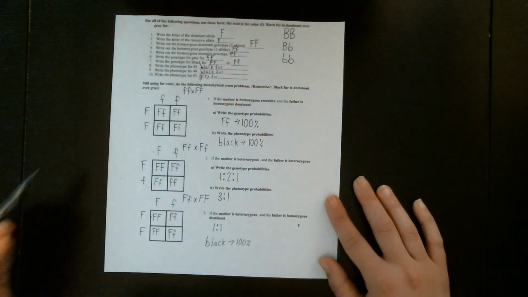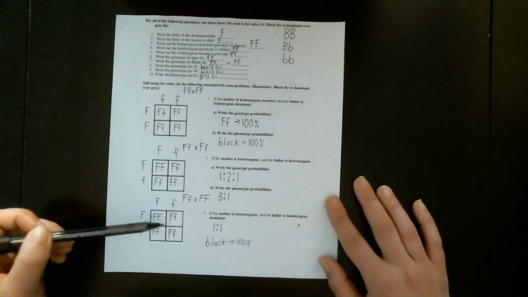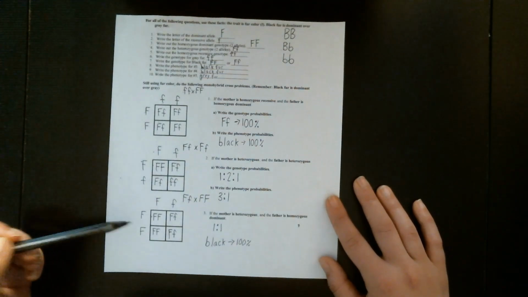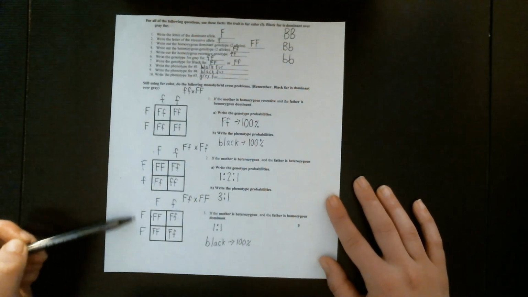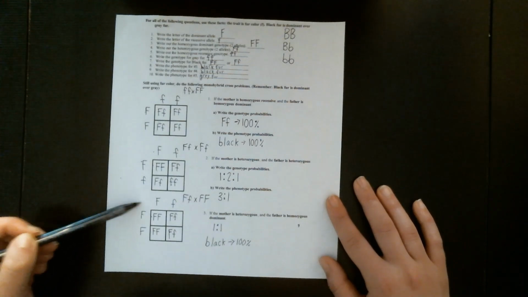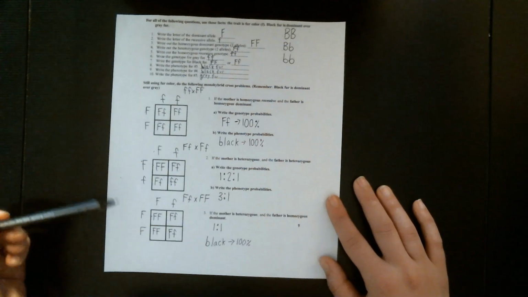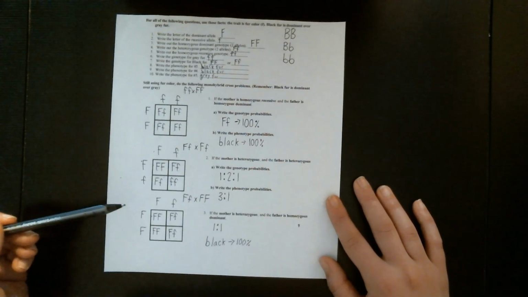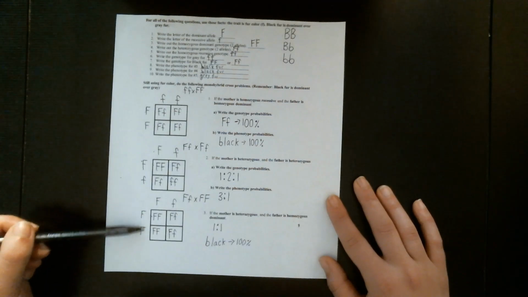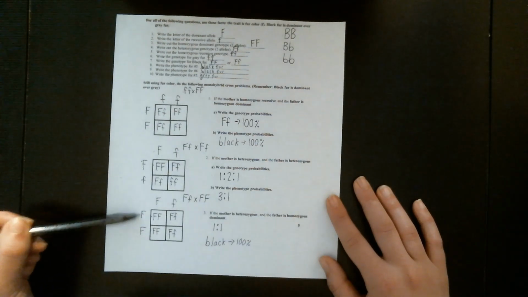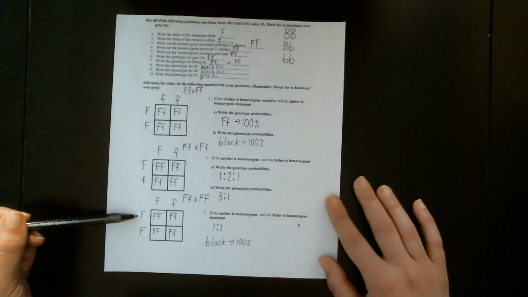So they are all black, and that one makes a little bit more sense because both parents are black, so we get all black kids. But that's basically what happens when you have a parent that is homozygous dominant. All of their kids are going to have the dominant trait, because they can only pass on a dominant allele, and so every single one of their children is going to have a dominant